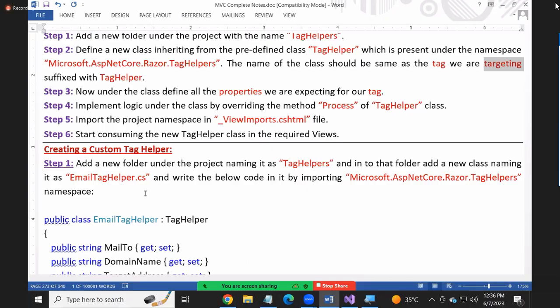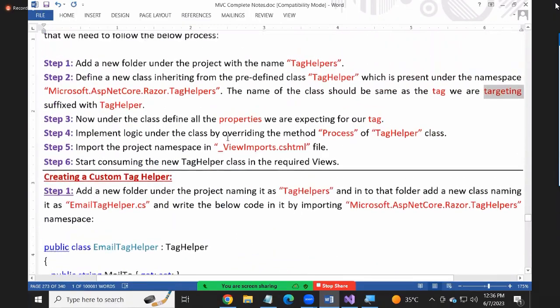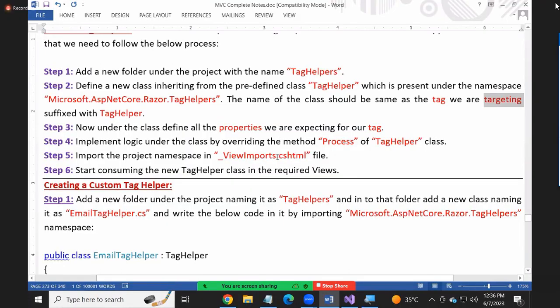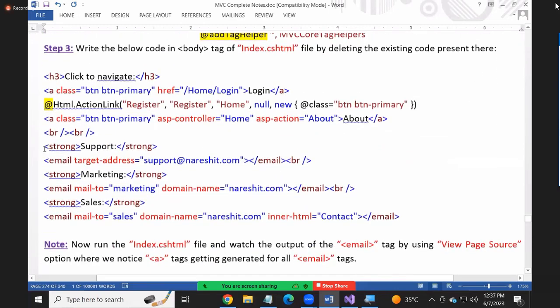Consume the new tag helper class in the required views. Okay, well, guys, I have completed steps 1, 2, 3, 4. What is pending? 5 and 6. Okay, I will do that. Just a second. Before I do that,